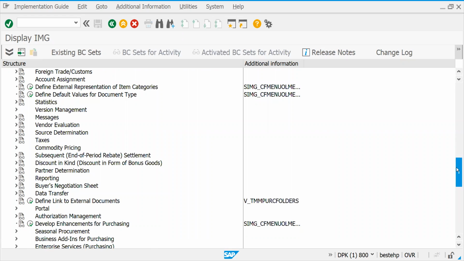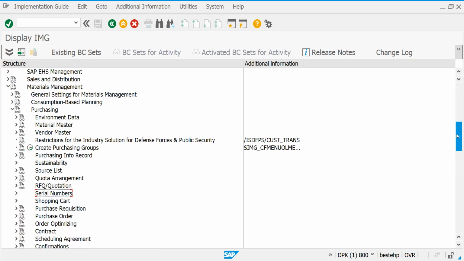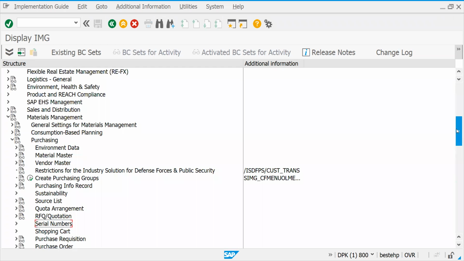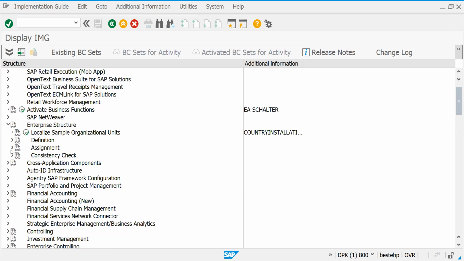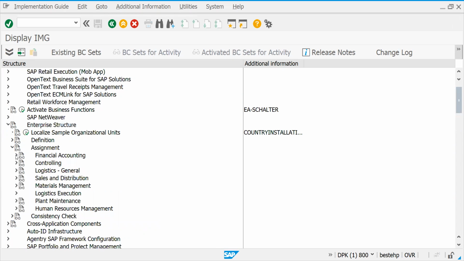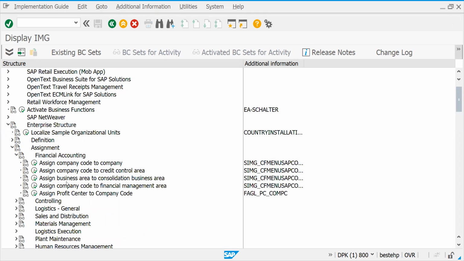Your assignment to company code you have done already. Assignment is not done, I'll show you the assignment. Enterprise structure, assignment, accounting, financial accounting, assign company code to company. That is done already.